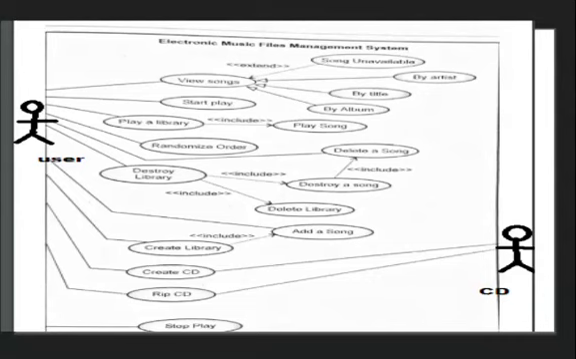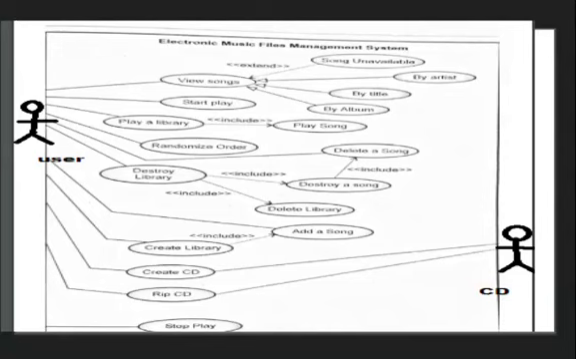Okay, what will the user do? He can view songs, he can start play, he can play a library, he can randomize the order. Then you can destroy, or you can say delete, a library also. Okay, these are the activities that will be performed by the user. You can create library, create CD, rip CD and stop play. Okay, and then